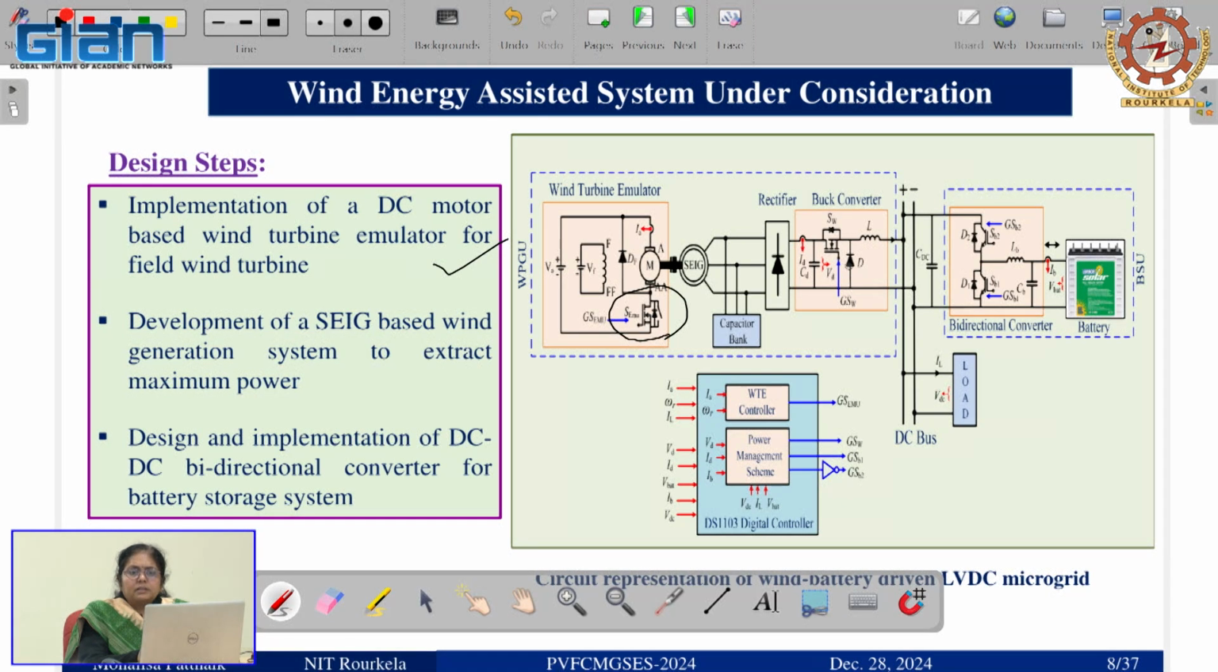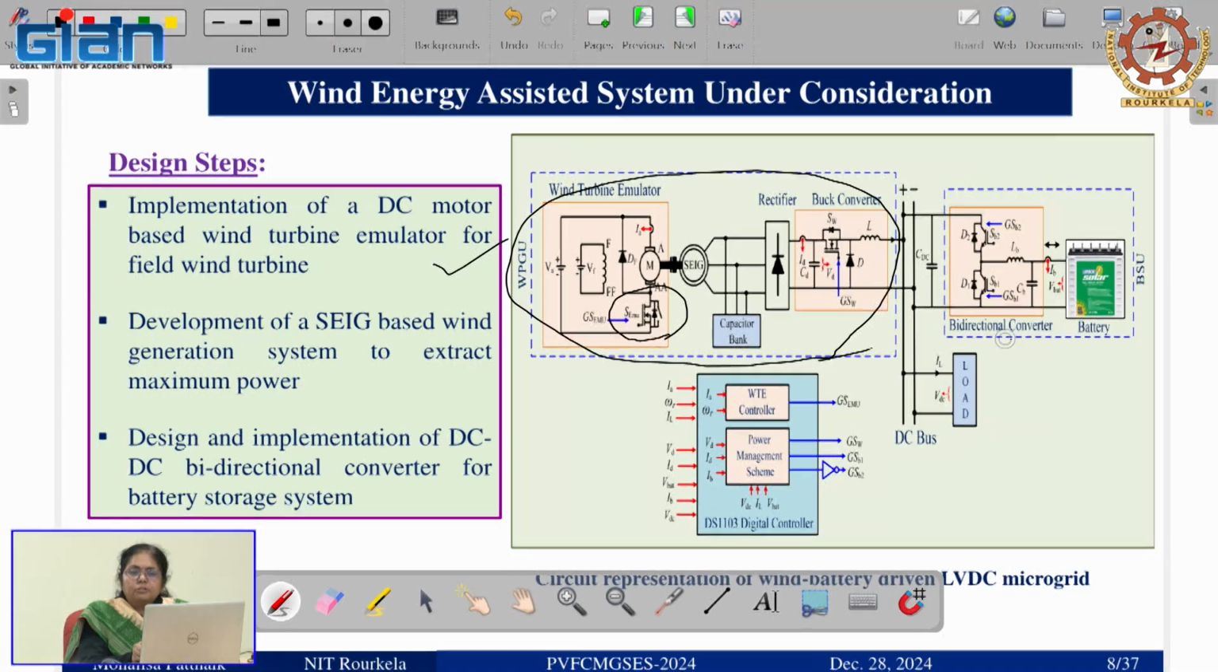Okay, so this is a buck converter, which you are just giving pulses to in order to extract maximum power. And this is actually the implementation we have done with the dSPACE digital controller, the dSPACE 1104 digital controller. After developing this whole wind turbine along with the wind energy generator, and doing the MPP operation,